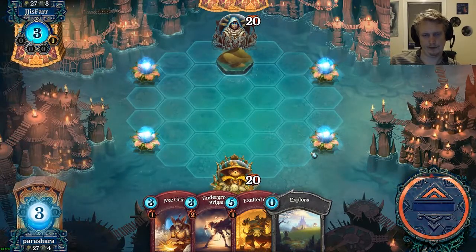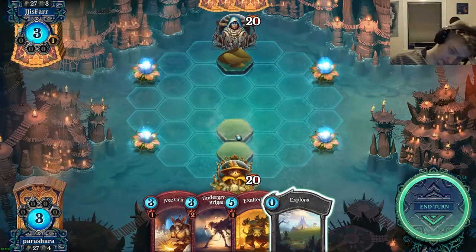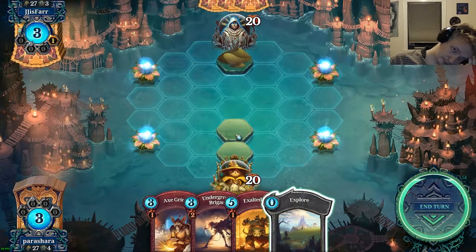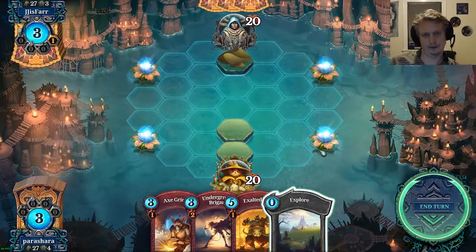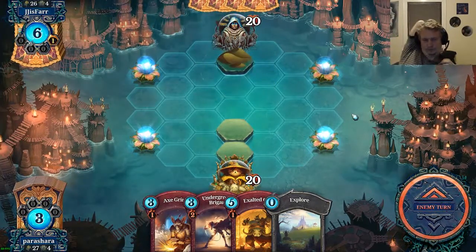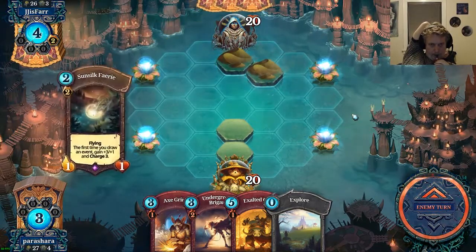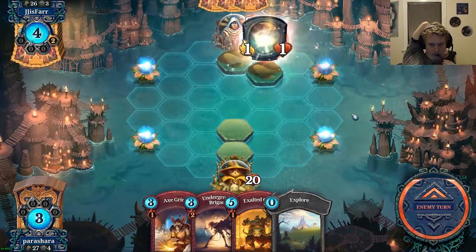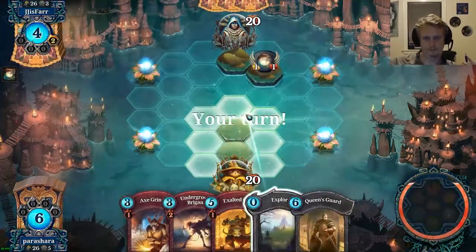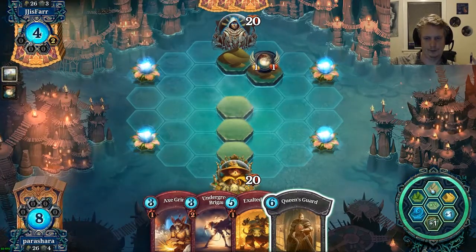So with this hand in Red Rush, I'm gonna start down the middle. Do I explore? I don't think I need to explore this turn. I was really hoping for an air elemental or a choke on the start or something like that, but speaking of choke,